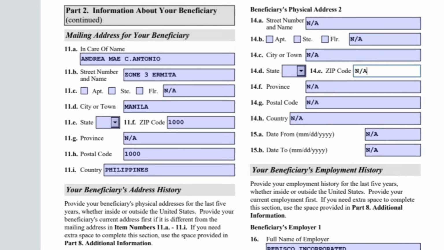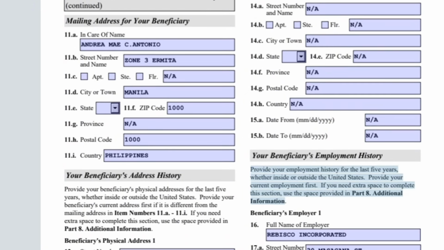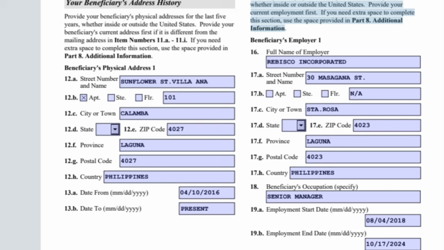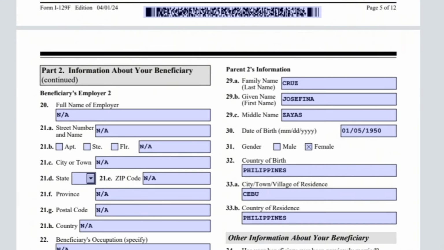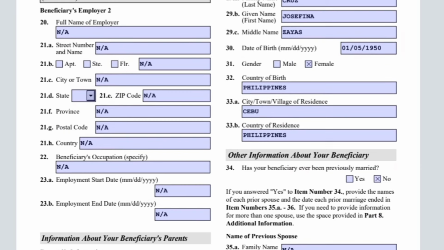If your beneficiary has more than one address, then he can use Part 8 of this form. Next is the beneficiary's employment history. Again, your beneficiary will provide his or her employment for the last 5 years, whether inside or outside the USA. Employer number 1 is the current employer. If your beneficiary has more than 2 employers, he or she can use Part 8 for additional information on page